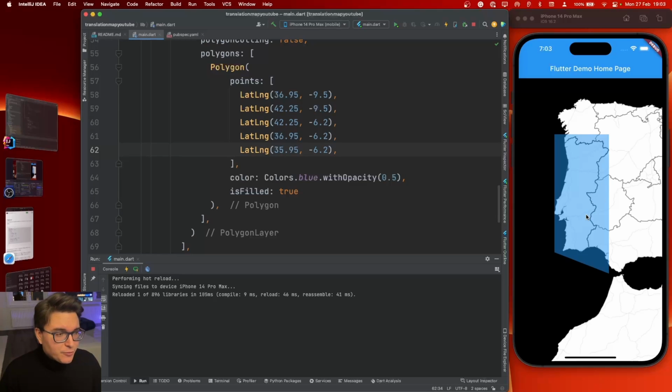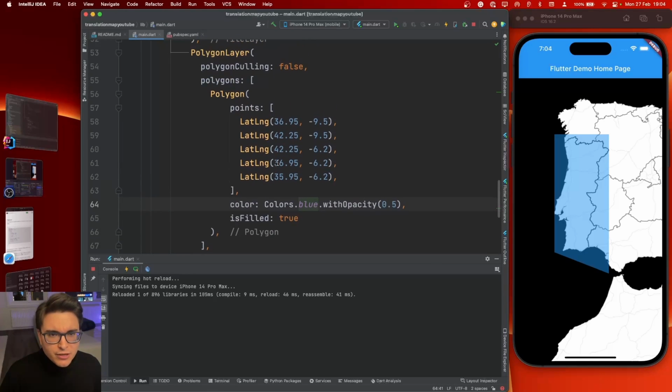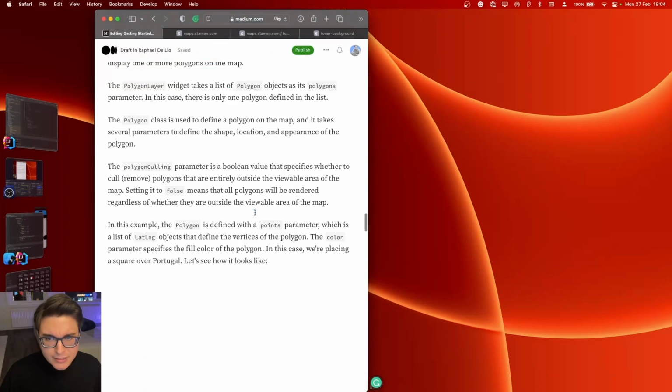And yes, I'm not really sure how you can find these coordinates, but if you ask ChatGPT, for example, it can help you with that, like get me the coordinates for filling Portugal. It's going to help you with that, I'm sure, because I've done something similar to at least get the coordinates of each country. All right, now that we've seen how the polygon layer works, let's go to the next one, which